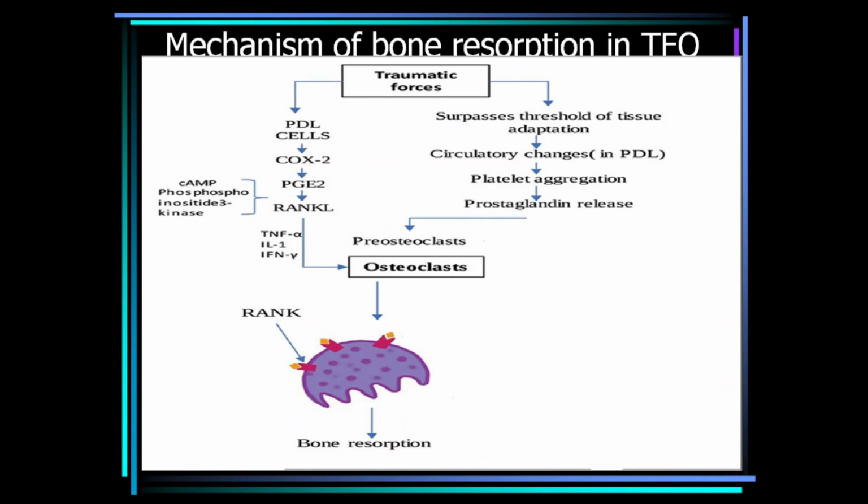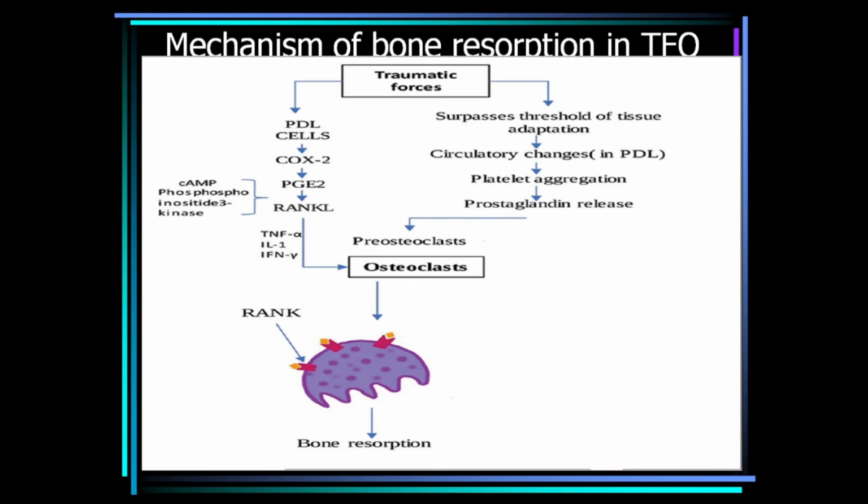So what exactly is the mechanism? What are the chemicals involved? How does this bone resorption take place? I have already told you, whenever cells are in a situation where there is a noxious stimulus or some inflammatory component or chemical acting on them, they start secreting various inflammatory components whenever the surrounding is not conducive.